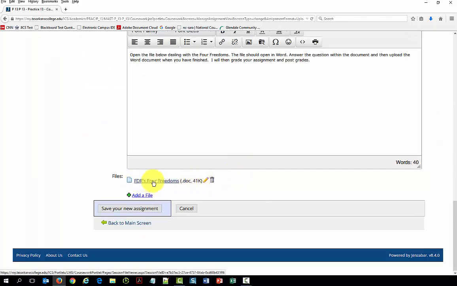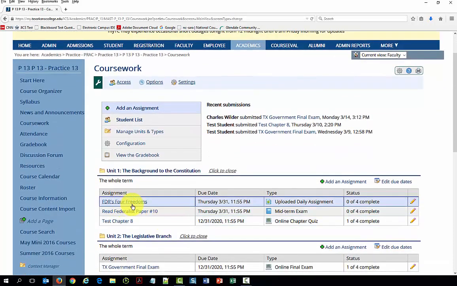And then there's my FDR 4 Freedoms doc. If I need to get in and edit that or delete it, I can. Or I can add another file if I would like. And then I'm ready to just save my new assignment. And there my assignment is, FDR's 4 Freedoms,